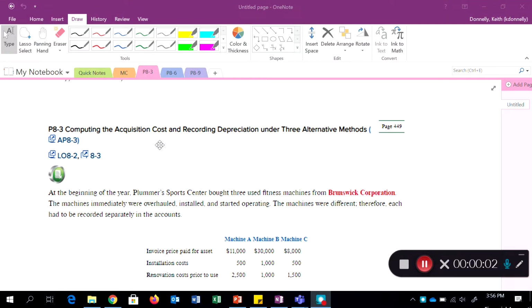So problem 8.3, we look at it here. Let me get to my notes on it. Okay, so it looks like at the beginning of the year,